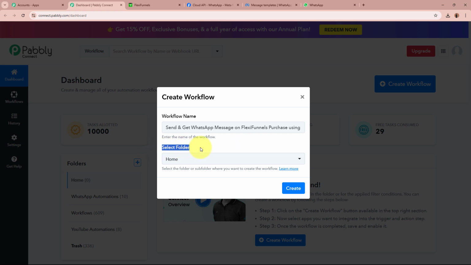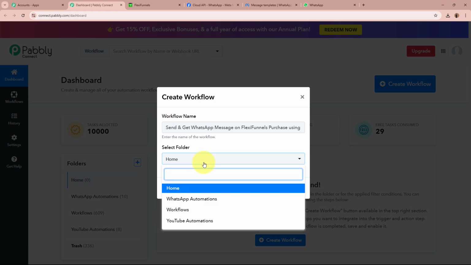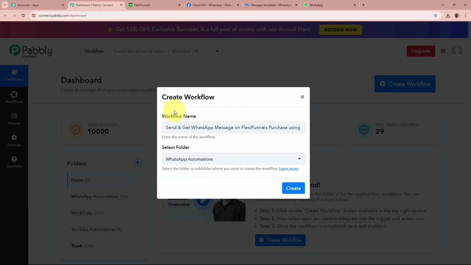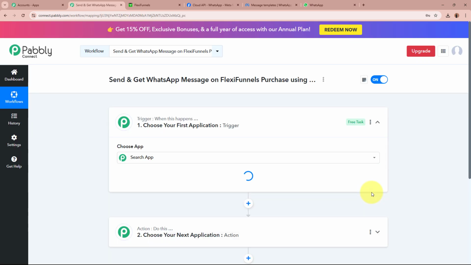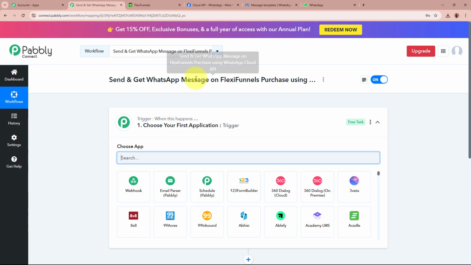After that, it is asking for us to select a folder. So on the left side of my screen, you can see I've created multiple folders in my Pabbly Connect account, from which I'm going to select a specific folder in which I want to save this workflow. For that, click on this drop down. So these are the folders, from which I'm going to select WhatsApp Automations as the folder I want to save this workflow in. After giving the name to the workflow and selecting the folder, I'm going to click on this Create button in order to create a workflow. A workflow is created in the name of Send and Get WhatsApp Message on FlexiFunnels Purchase using WhatsApp Cloud API,